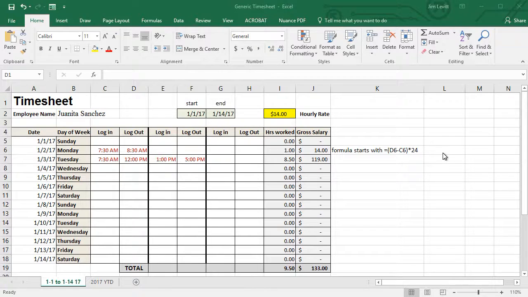I was once asked to create a timesheet for some people in the office, and so I'd like to show you in Microsoft Excel a simple way to do that. In my particular example, what I did was I started out with an employee's name, which we see in cell